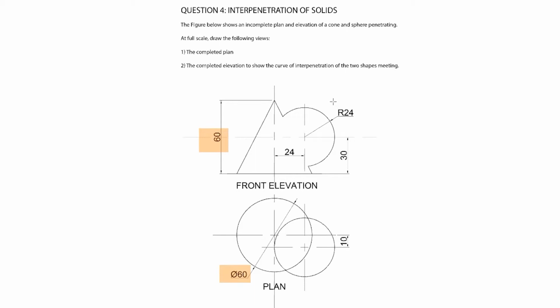The sphere is 24 millimeter radius, and the distance between the center line and the center of the sphere is 24 millimeters. The distance from the baseline to where the sphere is located above the ground is 30 millimeters,